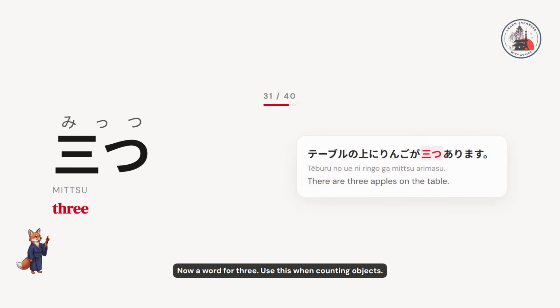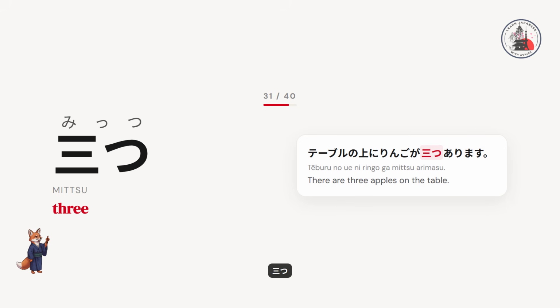Now a word for 3. Use this when counting objects. 3つ、3つ。 Here's an example. テーブルの上にリンゴが3つあります。